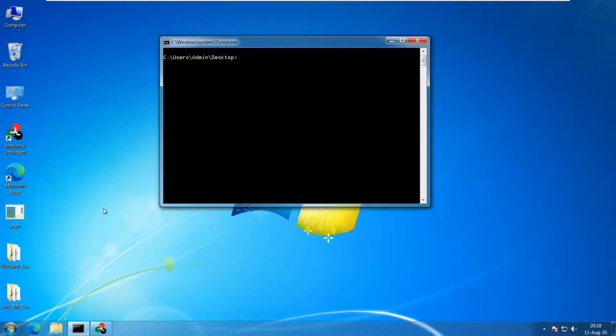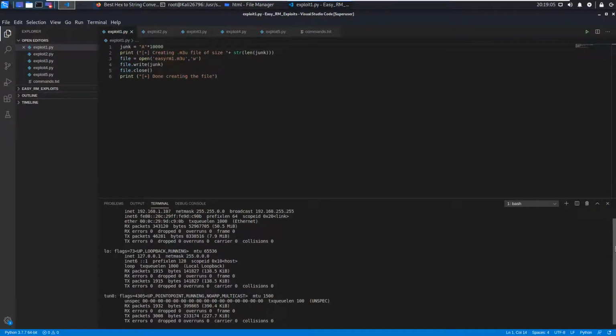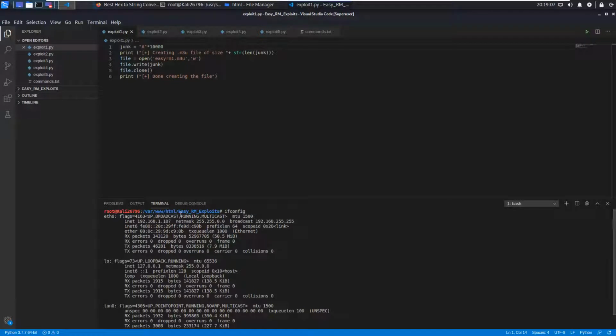Inside Windows 7, I have the wget executable placed on the desktop and my command prompt at the desktop location. Now using wget, first let's get the IP. The IP of Kali Linux is 192.168.1.107.